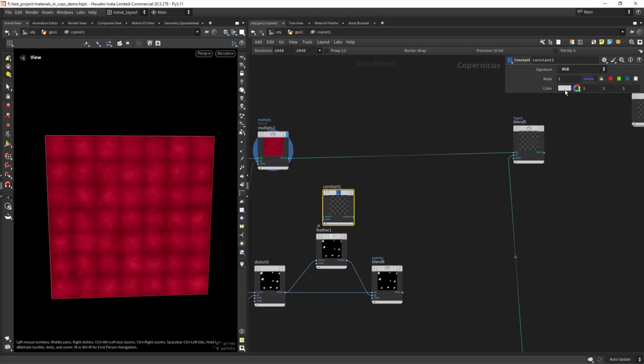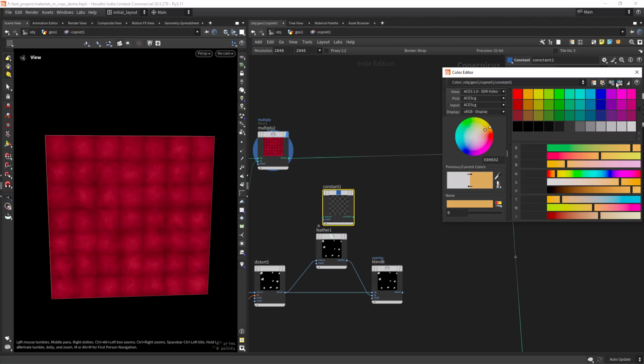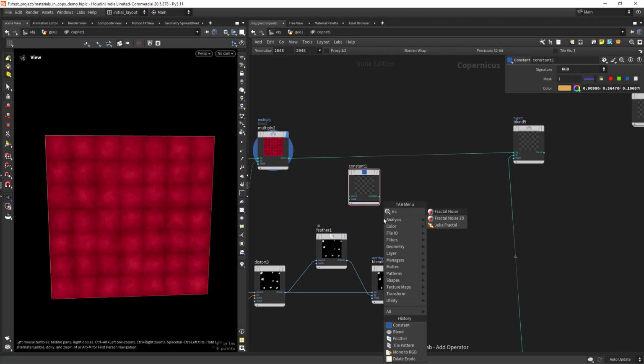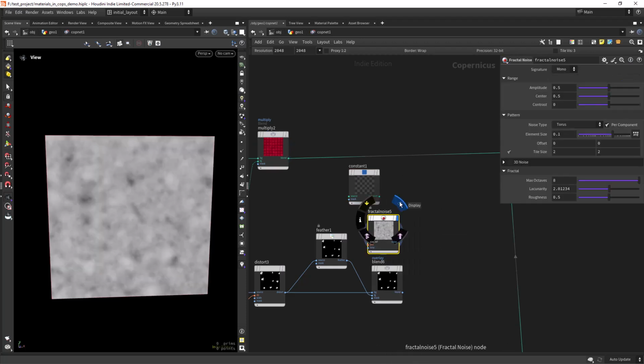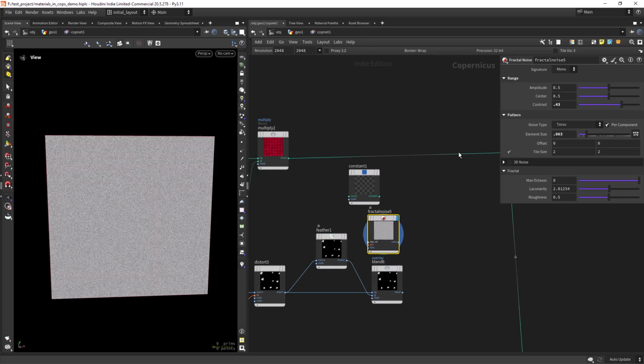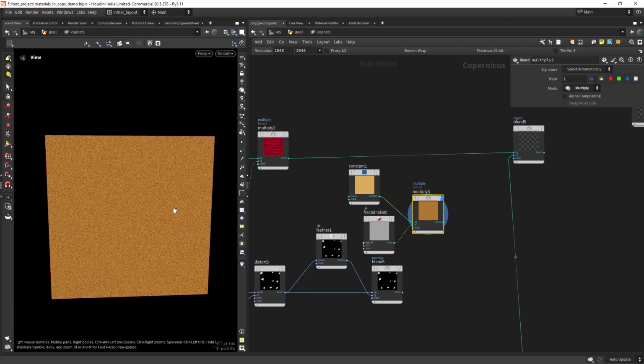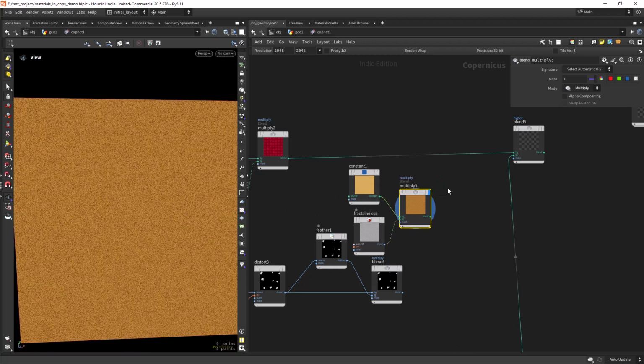Let's change it to RGB. And this is fine. And I'm going to create a fractal noise. And this fractal noise will have a contrast of 0.43, an element size of 0.03, and it will be in mono. And I'm going to multiply it over this color. So something like this. This is for the inner padding,